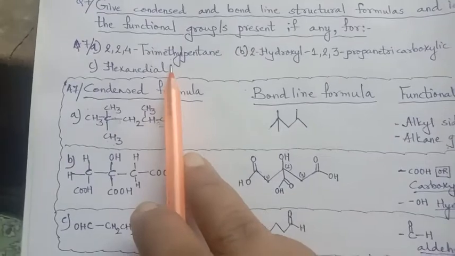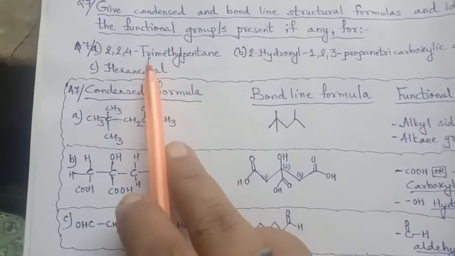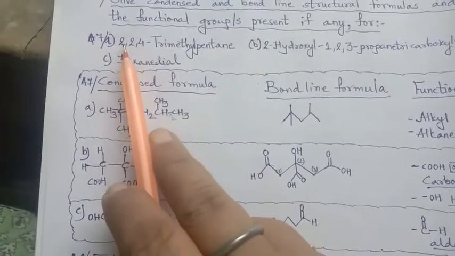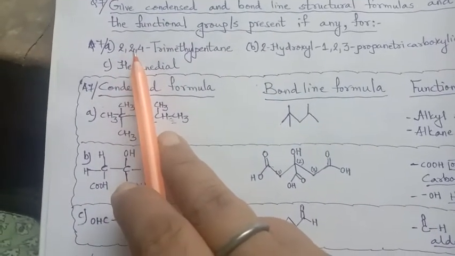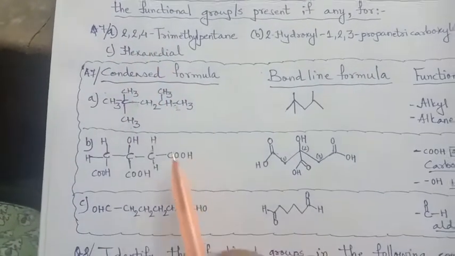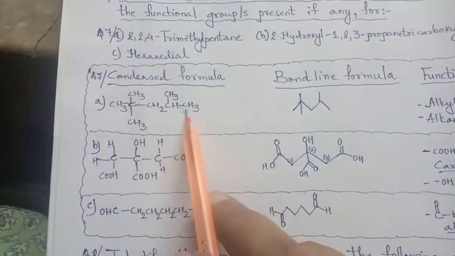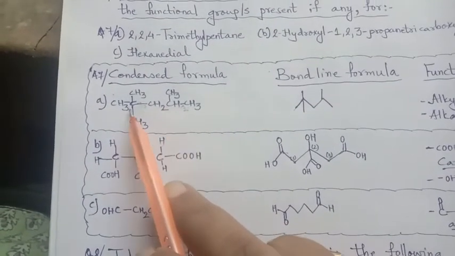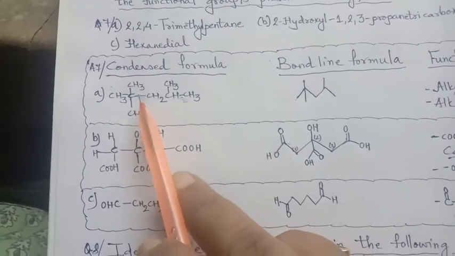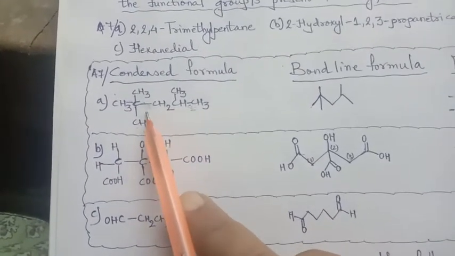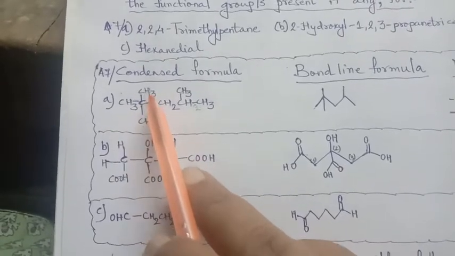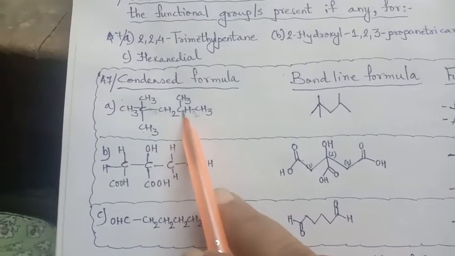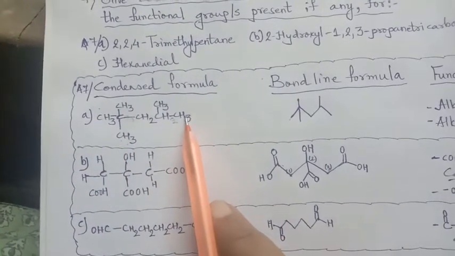Right? Now what is the attachment? Methyl group and 3 methyl. Trimethyl, that means all the attachments are methyl and 2 methyl are on 2 position and 1 is on 4th position. So now pentane is here, 5 carbon. So if I start from here, then it is 2, 3, 4. Or if I start from here, then it is 2, 3, 4. So here it is written 2 on second position, double methyl group. So 2, 2 and 4. Trimethyl pentane. This is the condensed formula.